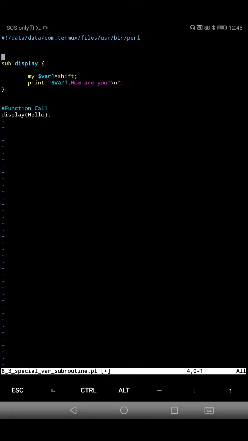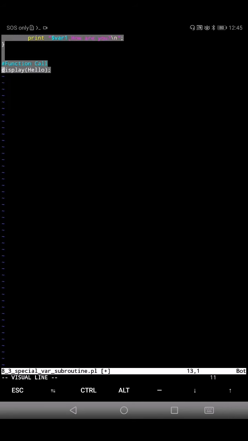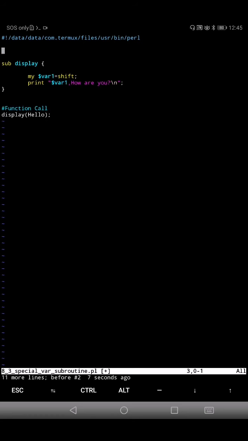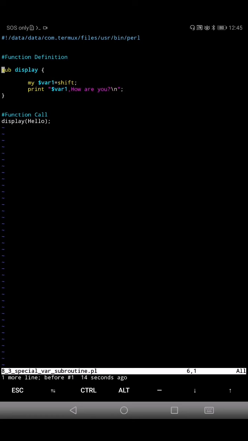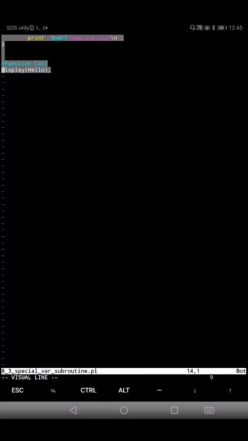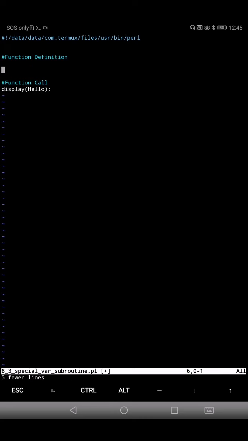Let's delete this. Okay, so we'll delete this actually. Okay, so let's write here the subroutine function, the same function name, say display. The last time we had also used the same only,